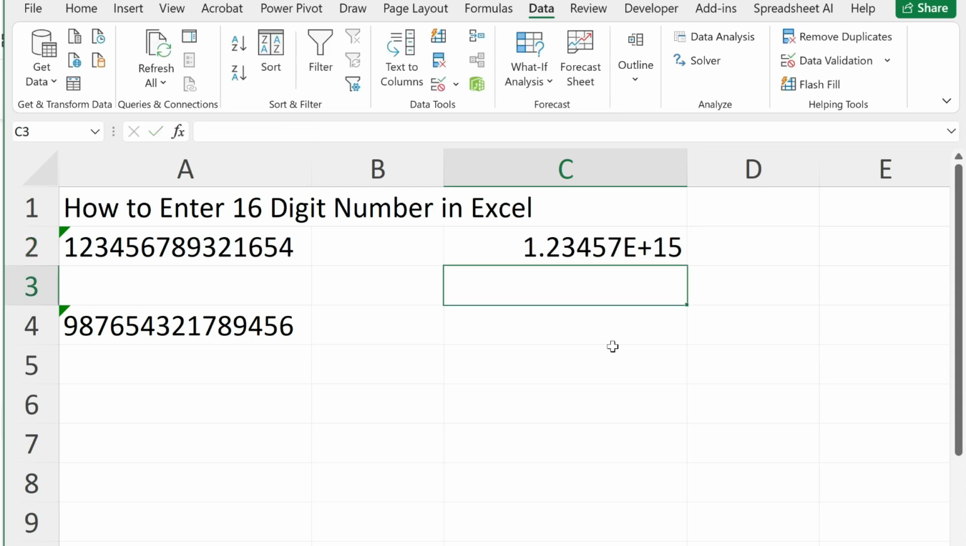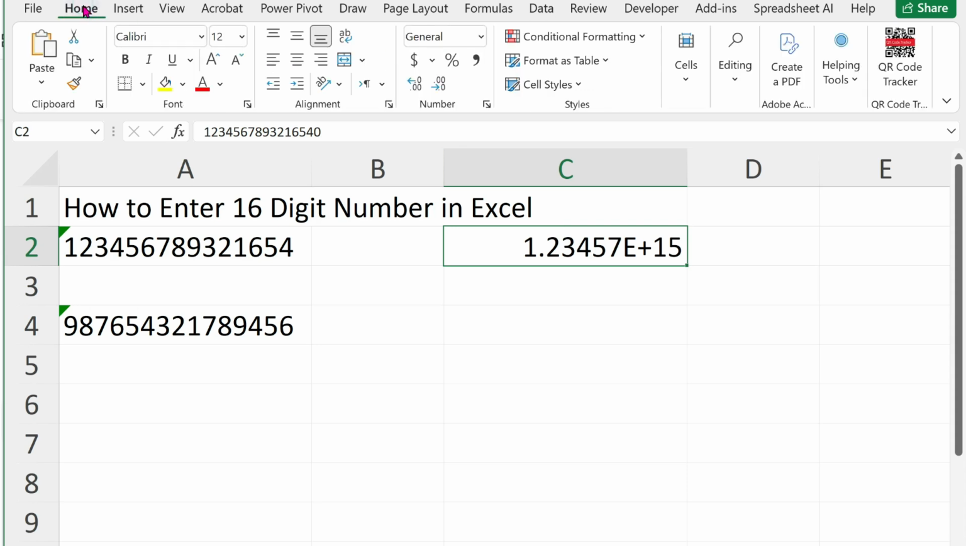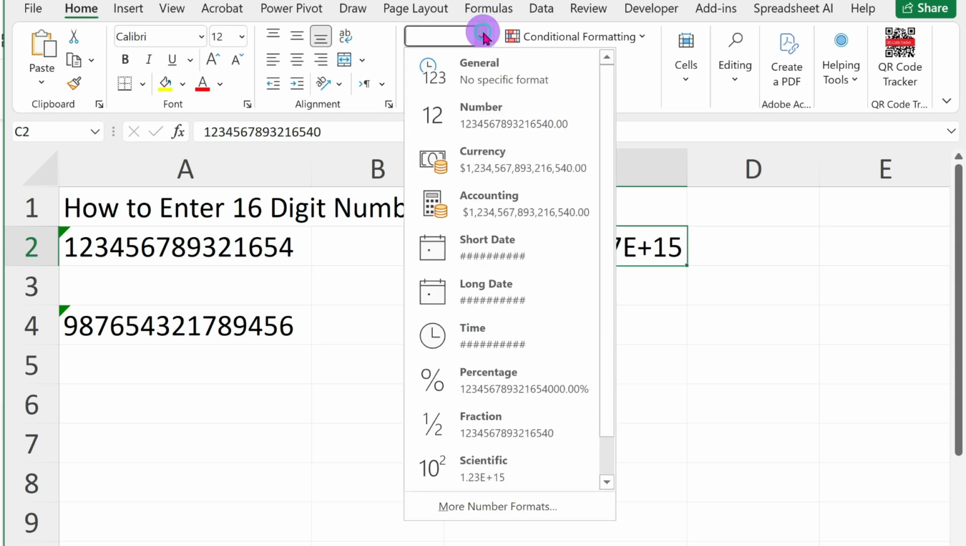9 and hit enter. If you see something like this one, don't panic, your number is not gone. Excel is just using scientific notation to save space. To fix this, you need to change the number format in the Home tab. Go to the dropdown, click on it and select Number